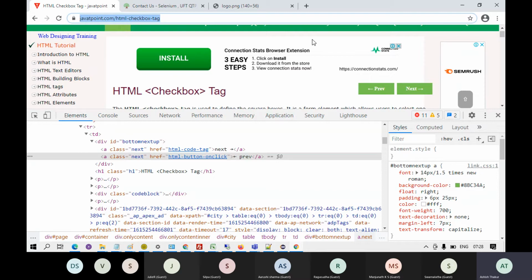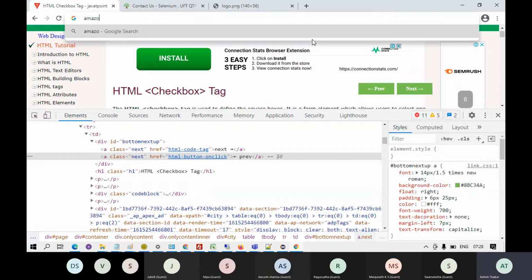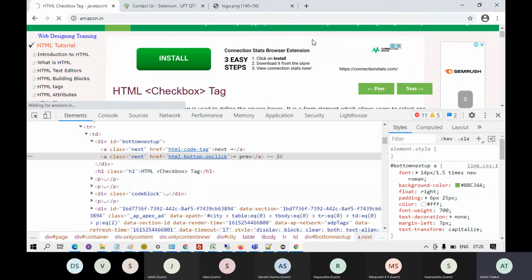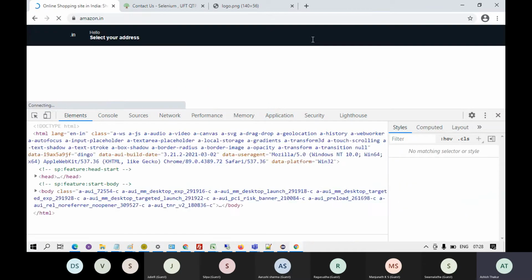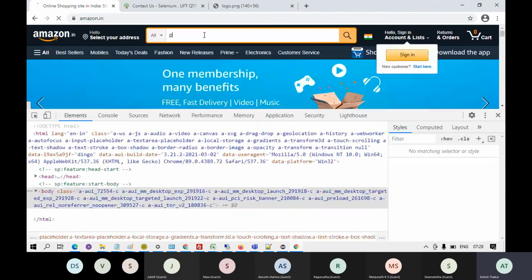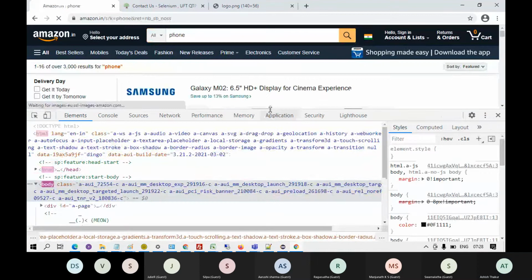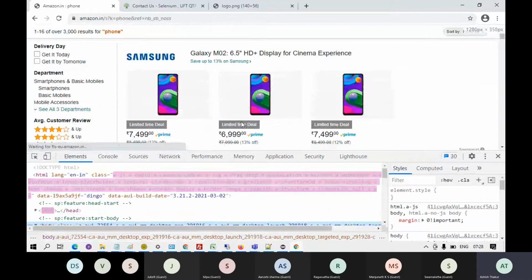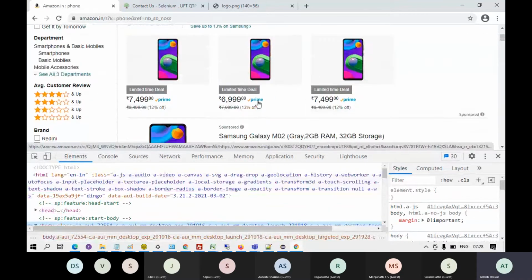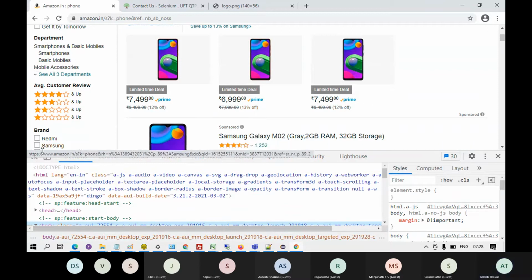For example, if I go to Amazon.in and I search for phone, you have these three items listed over here. Every item has a certain price, but the look and feel of the price is the same.